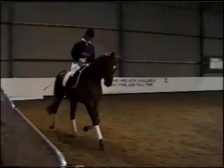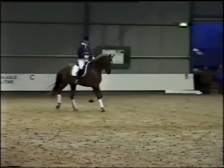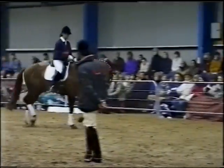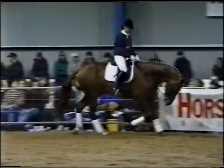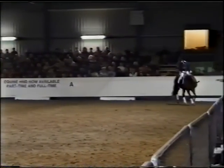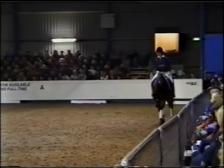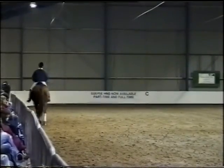And just change the rein. Very good. And now change the neck position, Suzanne, and now stretch the neck again. So this is what training is about. Training is about stretching, collecting, bending, and straightening. Now, just because we're lucky enough to have had this horse here tonight, obviously doesn't mean that every horse is this easy if you just ride it like this. This is obviously a talented horse, as well as being well